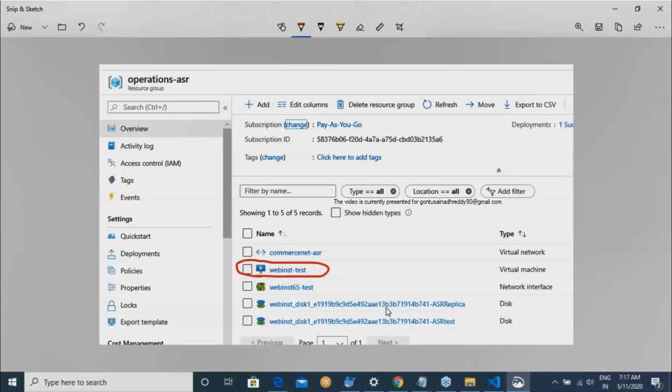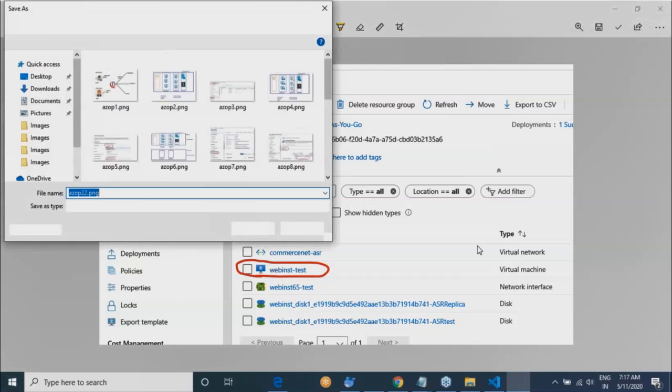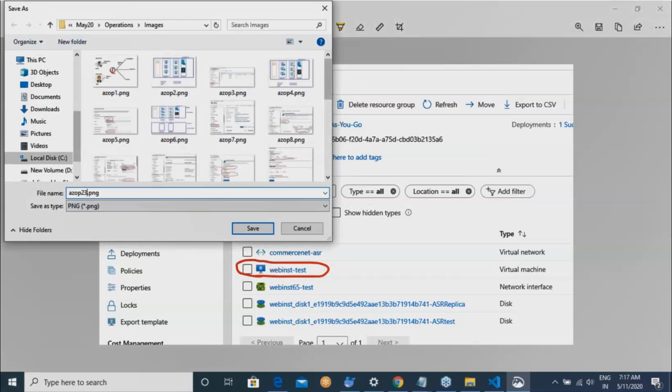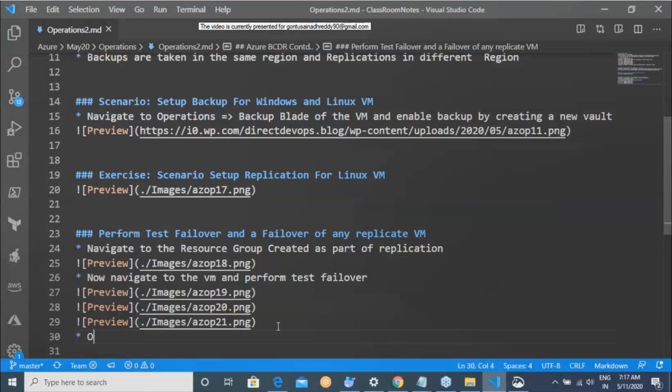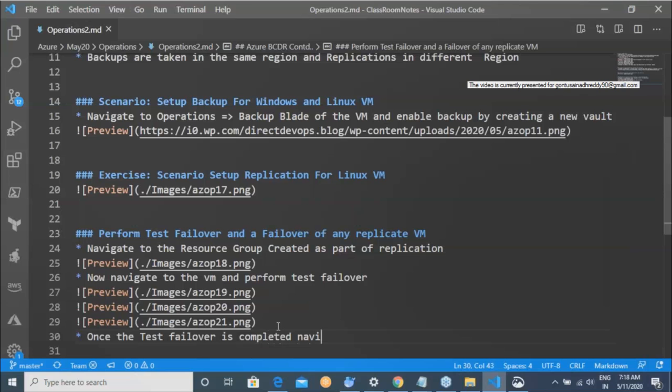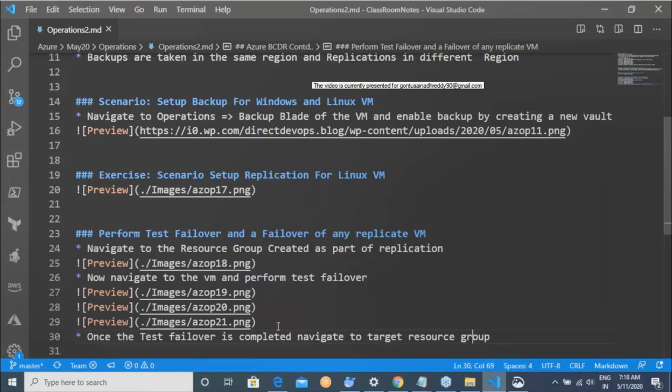But right now, are you seeing there is one virtual machine that is created? Once the test failover is completed, navigate to the target resource group, and you should be seeing the VM.